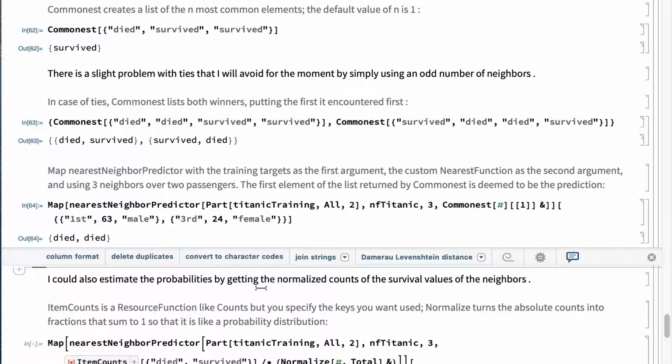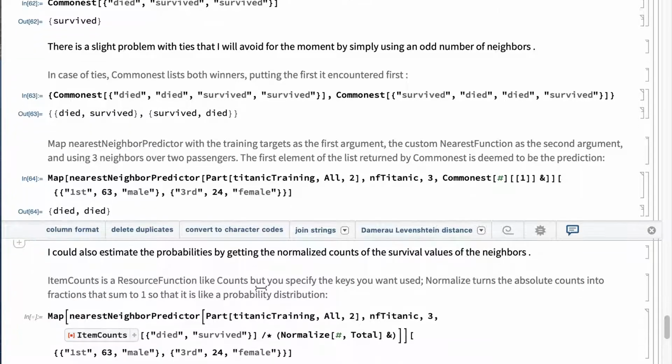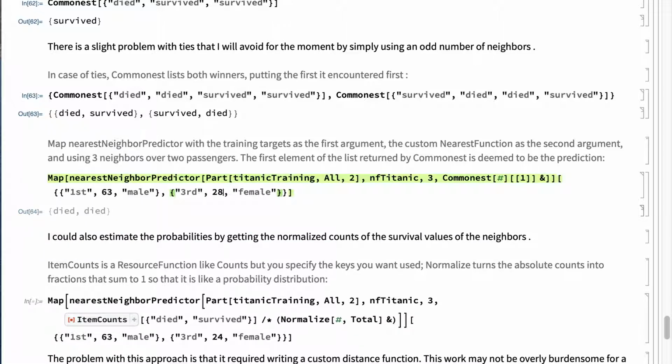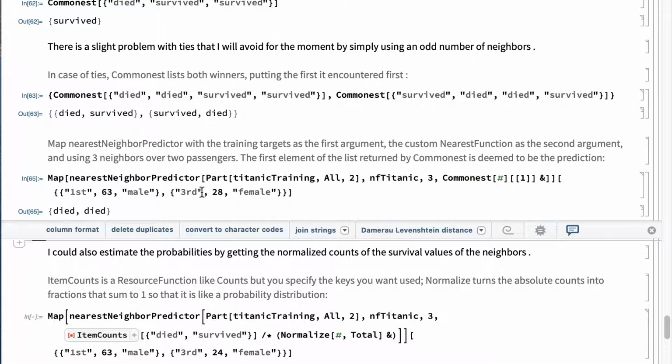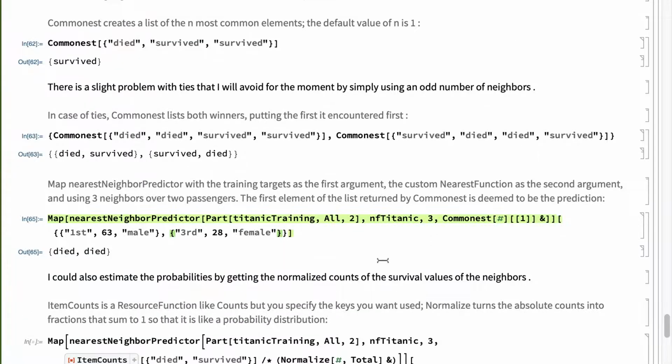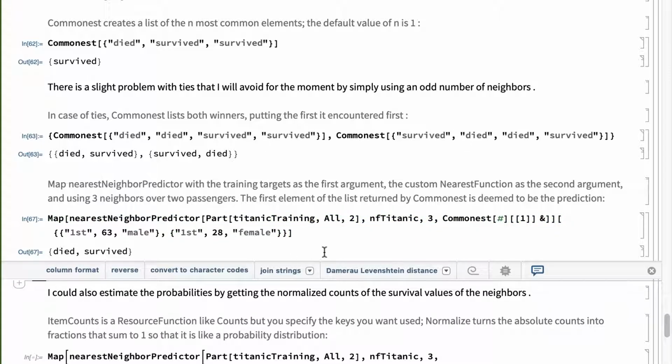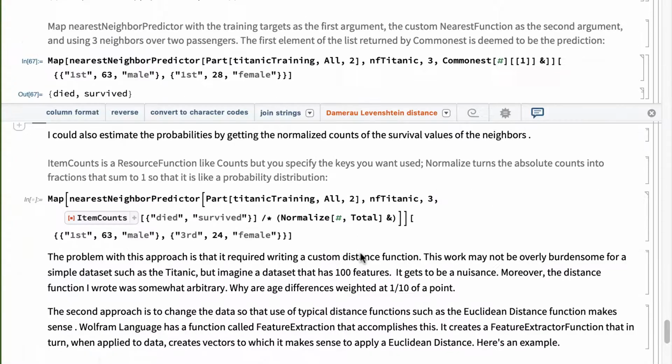And I'm afraid they both died. All right. So, what if I make her 28? They both died. Okay. Let's just look at something here. I was wondering why that woman survived, but it's because she's in third class. Let's upgrade her. Yay, she survives. Okay, the other thing I could do rather than getting a single prediction is I could get